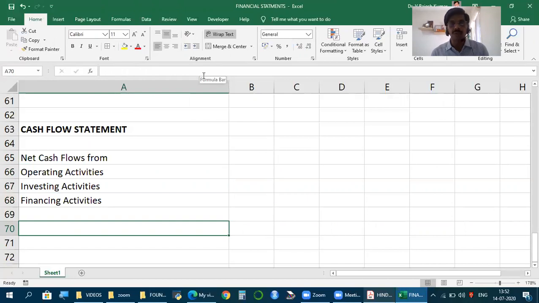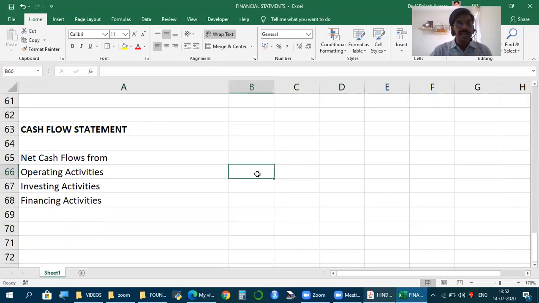What is this net cash flow? What is operating, investing, financing? How to actually read this entire cash flow statement? You will see in the further videos, but this is how we find the cash flow statement. So this net cash flow, when you use the word net, is the difference between inflows and outflows. Since it is the difference between inflows and outflows, the net may be plus or minus.